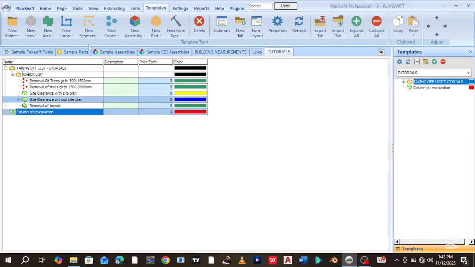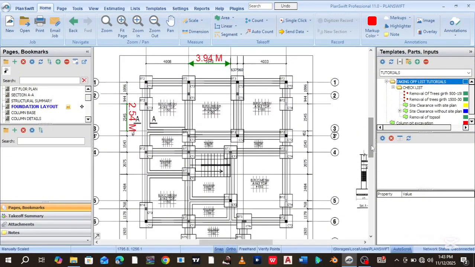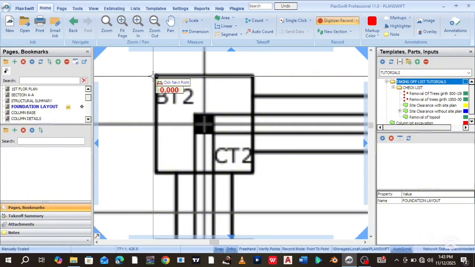So now let's try and measure. Go to the home page. Now this is our foundation layout, right? So before we measure, one thing I like to do for accuracy is to dimension all the column pits that we have here, so that it will give me a reference point to either snap or select a point accurately. Before you start dimensioning, go to your drawing and check what are the dimensions of each of your column pits, right? So from our drawing, we have